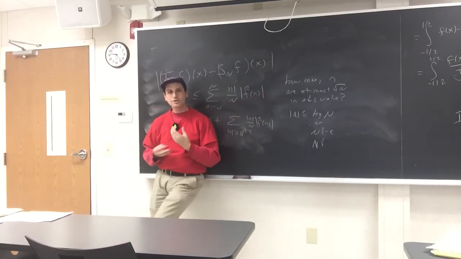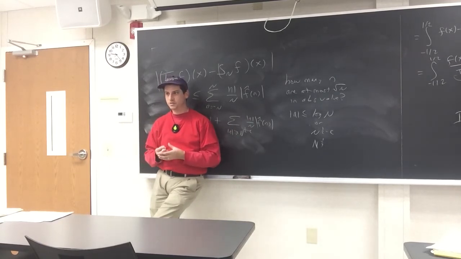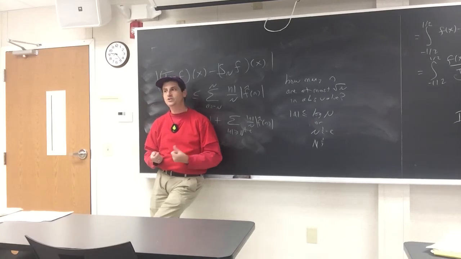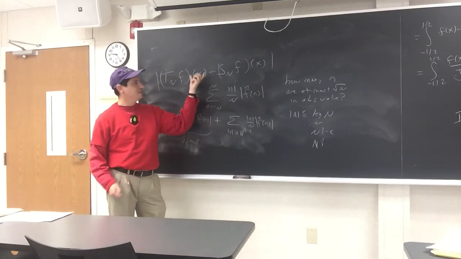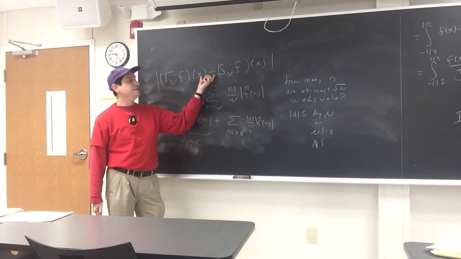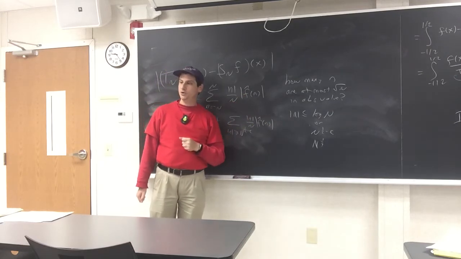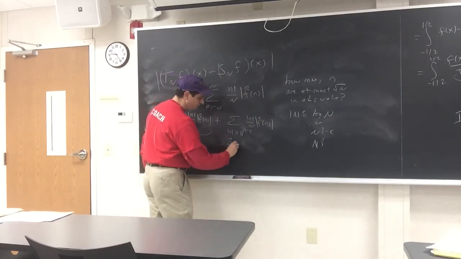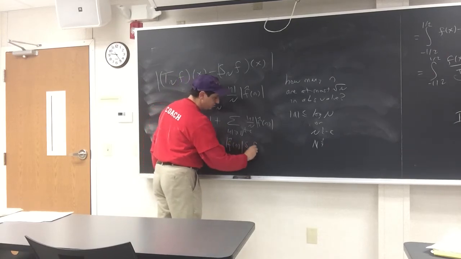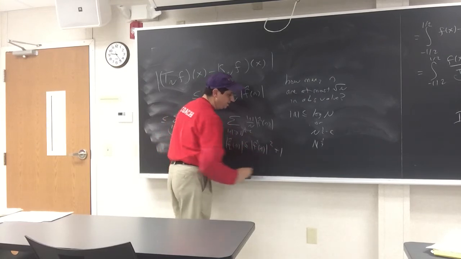So again, what I want you to get from all of this is just the idea of how you attack problems, how you look for convergence, how you look for decay, and then what you need to do to make the argument rigorous. So if I'm just looking at a difference like this, I'm in trouble. But if I look at a difference like this squared, then I would have squares coming in here, and then I would be okay. We can't use the old trick we did before, of absolute value of f hat of n being less than or equal to f hat of n squared plus 1,